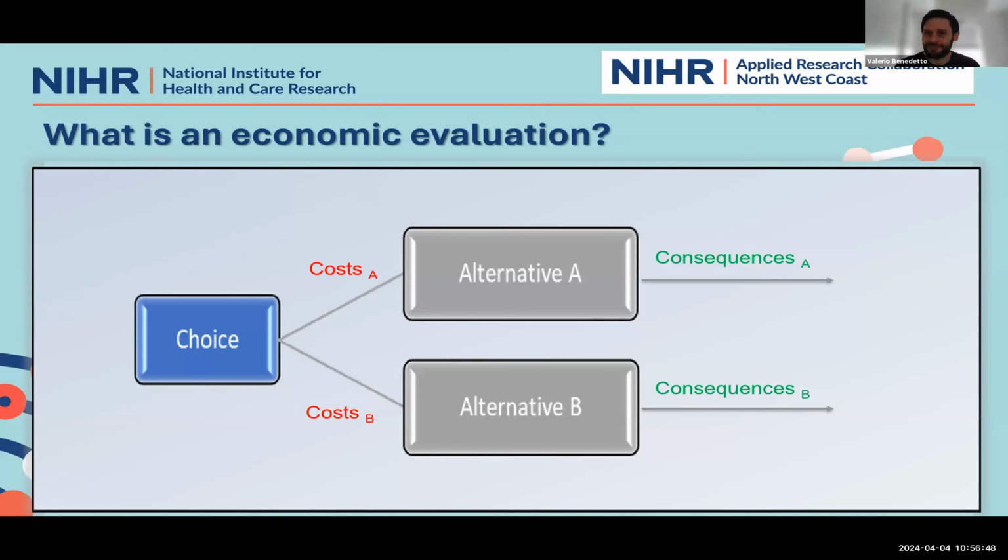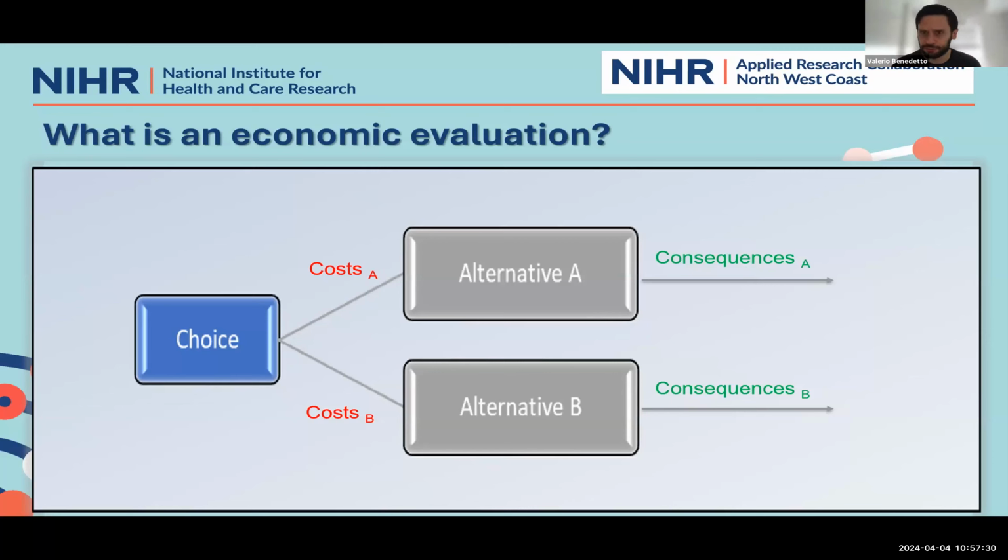It all starts with a choice. Okay, so one of the first slides that Luis was presenting before was about the importance of choice and how economics is about choice. So naturally, in healthcare as well, we're talking about making a choice. In this graph here, you can see we got a choice between two alternatives, alternative A and alternative B. You can think of these alternatives as, for example, a new drug versus an existing drug, a new therapy versus an existing therapy, or more generally, a new treatment versus standard treatment or usual care, basically.